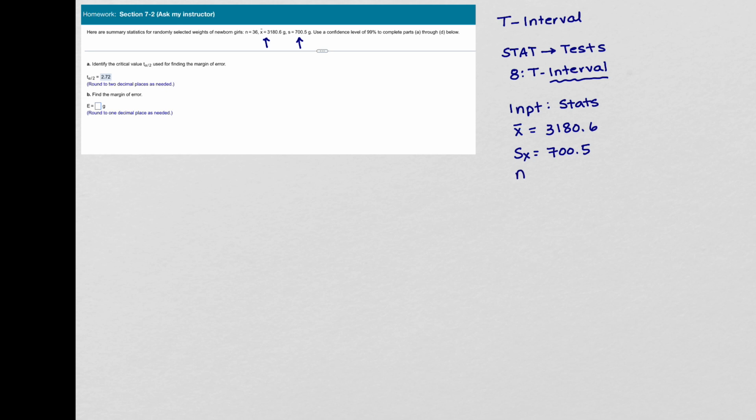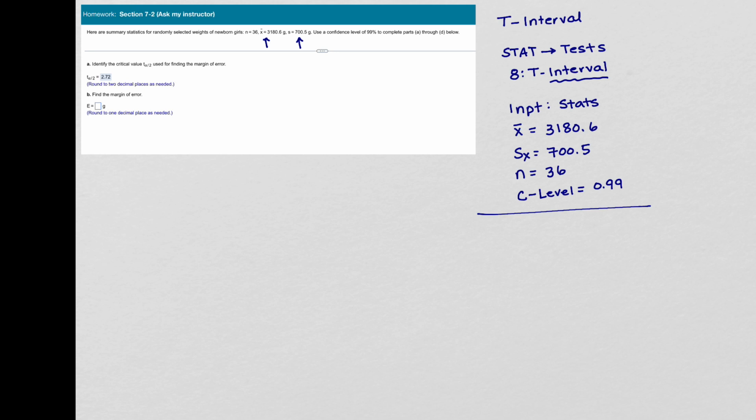And then the sample size, not the degrees of freedom, but the sample size here is 36. And then we put in our confidence level, and that gives me 0.99. So now I go ahead and calculate,